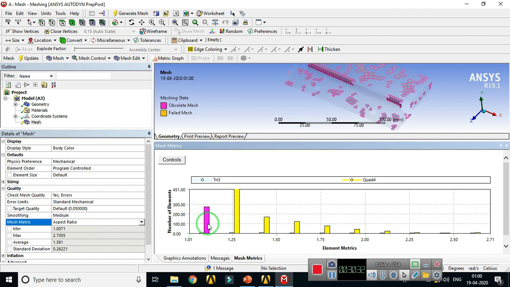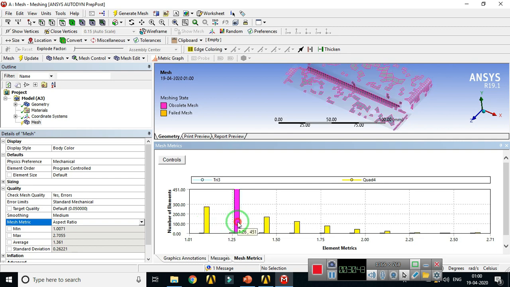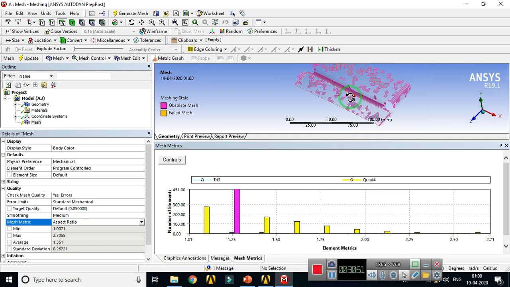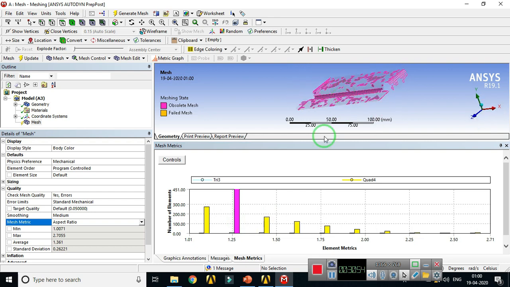The first bar has an aspect ratio of 1.09, and the number of elements of this size is 267. Similarly, the next bar has an aspect ratio value of 1.26 and the number of elements is 451.